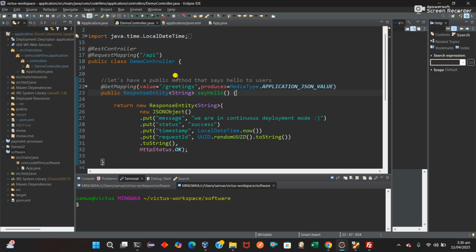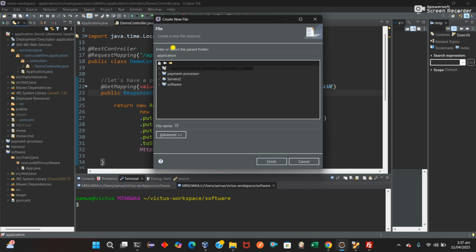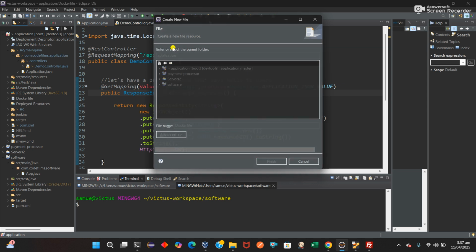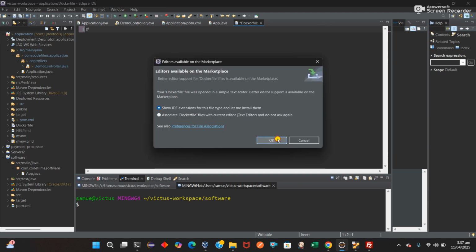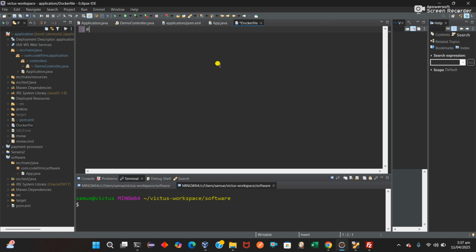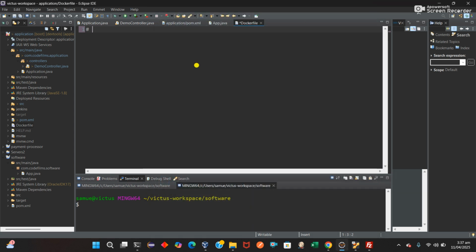First things first, we'll create a Dockerfile inside our application. So say new file, and we'll call it Dockerfile. Then we're going to write some instructions here as to how to get containerized. As we stress, this is not a Docker class. What we're just trying to say is that let's use